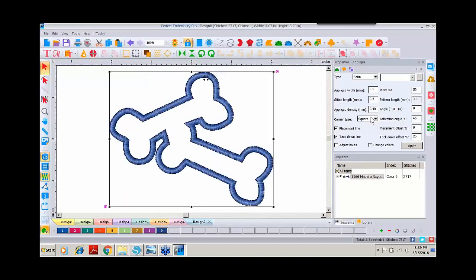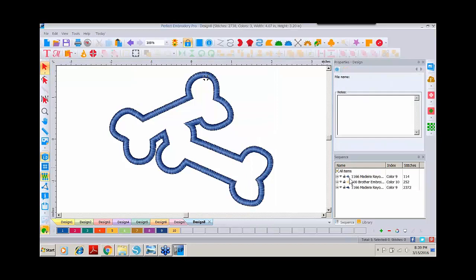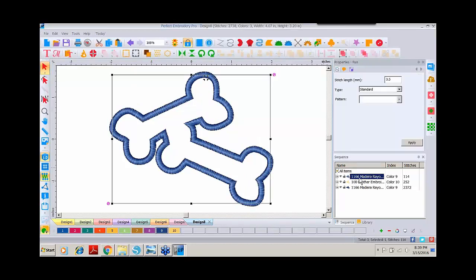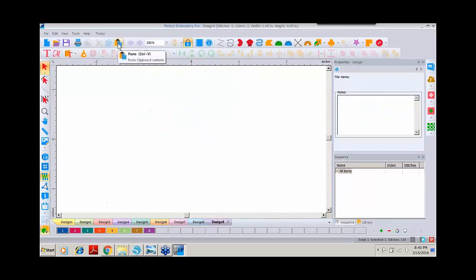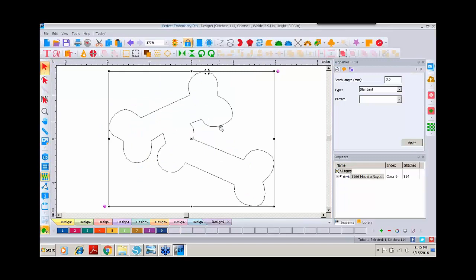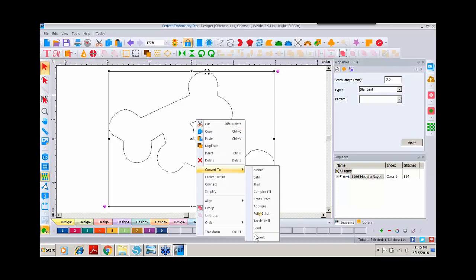It is an applique. The first thing I'm going to do is change the color and apply it. I have the size and the shape and everything else about this applique the way I want. I'll do a right click, break up path. I come over here and I select the first item, which is the placement line in the 3 steps. Come up to my copy, move to a clean screen, do a paste. It is my placement line that is a run stitch, so I want to right click, convert to artwork,